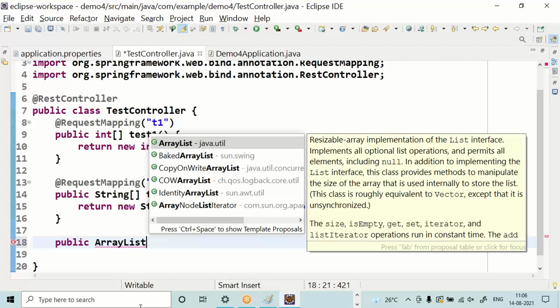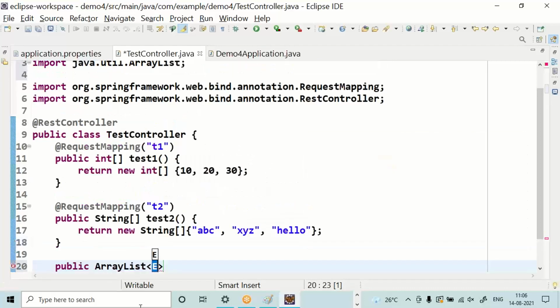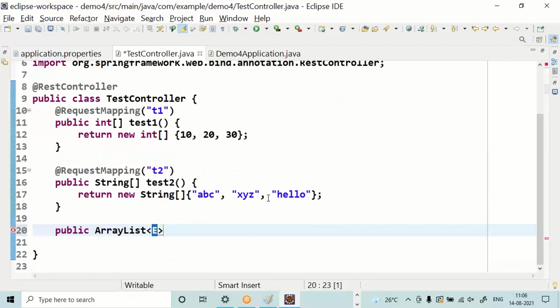You are getting java.util. Press enter. You will be getting angle bracket. Remove this angle bracket. This array list should be imported.